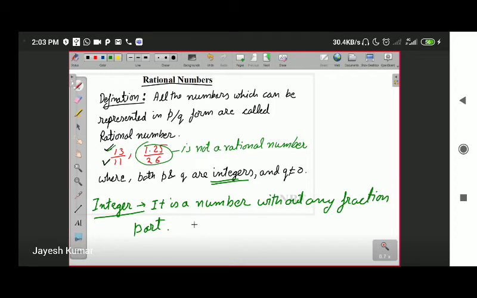So if I'm saying 13 is an integer, I'm correct. But if I'm saying 1.25, that is not an integer. Any number, if after the decimal we have digits from 1 to 9, then that case is not an integer. Okay. I don't think there is any problem till now. So moving on, we've discussed what is a rational number, and in that definition there was a term called integer. We have discussed what the integer was. Okay. Now moving on, next part. Write down next topic.